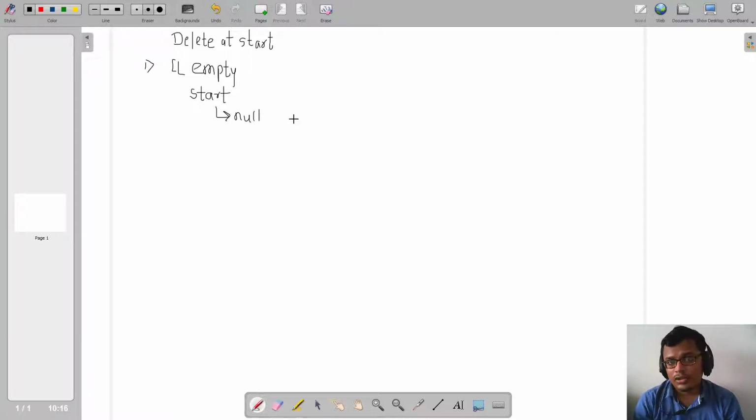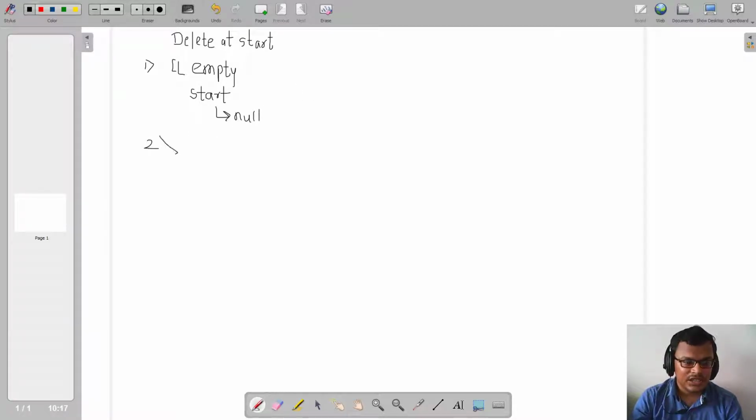To add, we can also say that whenever my linked list is empty, I cannot go for any kind of delete operation for that matter. So let it be delete at start or delete at end or delete at given location. If my linked list is empty, there will be no nodes in my linked list, and in that case the delete operation is not going to function. A relevant message will be given to our user in the form of a printf statement, right?